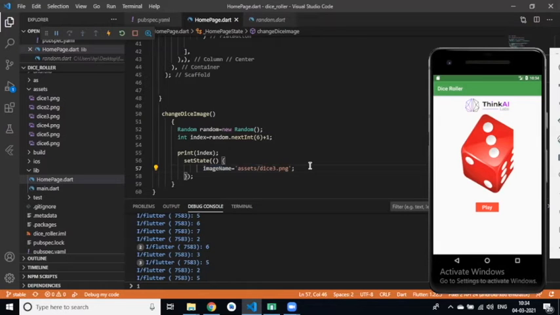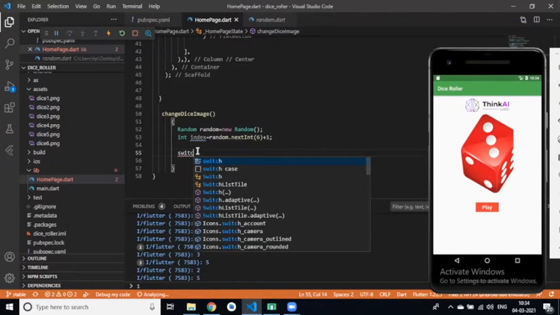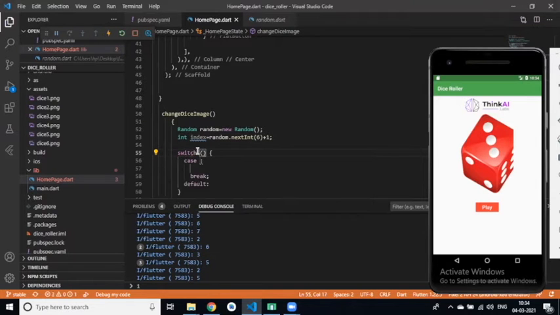Again, we need to go for a switch case, Roshan. We can use a switch case. In the switch case, first remove this line. We can perform this same action using switch case or if and else. We can, or not? We can, using a switch case. So switch case is a better option.